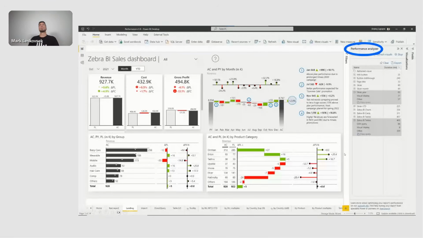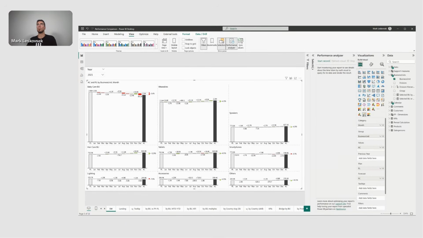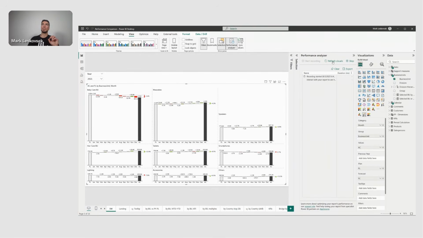So the first one is of course Performance Analyzer. We've already seen this, so it's the native option, but you can combine it with DAX Studio. So how do you go deeper than just the initial timings that you receive from Performance Analyzer? Because first of all, when you're doing this performance analysis in Performance Analyzer, you'd actually want to start from a blank page, so that you get the initial performance timings, and then once you